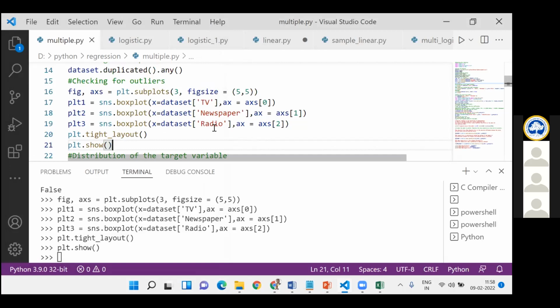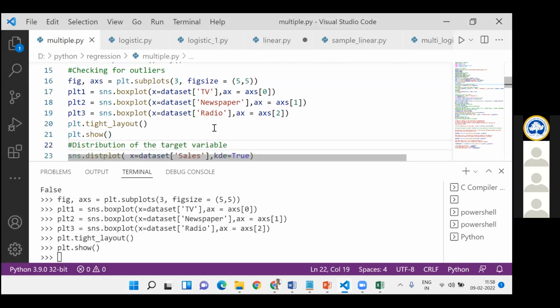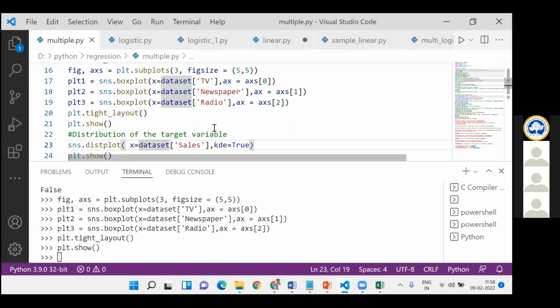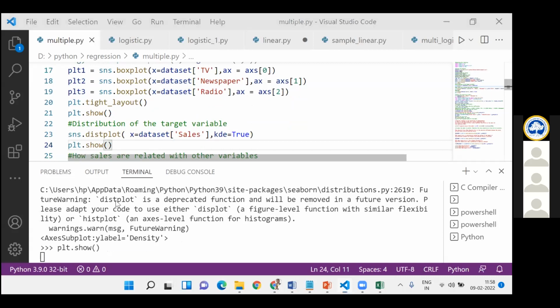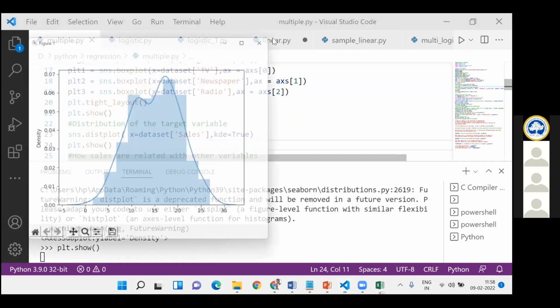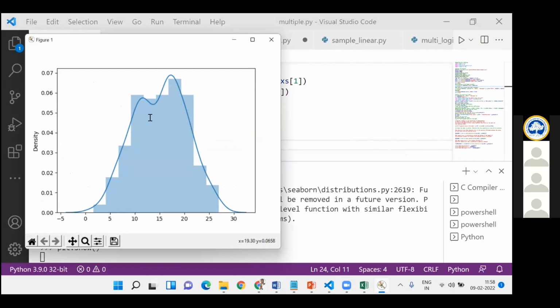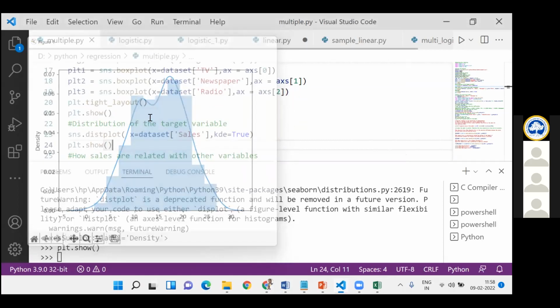Now let us see how the target variable is distributed. Already I told you, whenever you want to go for a linear equation, you have to check whether the distribution is normal or not. If it is a normal distribution, then your model will be more accurate. So I do the dist plot with sales, then plt.show. I have almost a normal distribution, so I can proceed with the multilinear